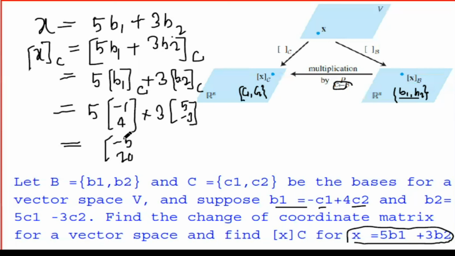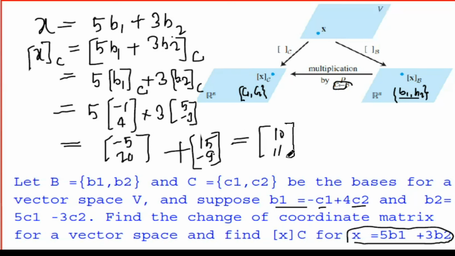So this equals minus 5 plus 15, which is 10, and 20 minus 9, which is 11. So 10, 11 is the C coordinate for X, where C is the basis. The C coordinate for X is 10, 11. In this way,